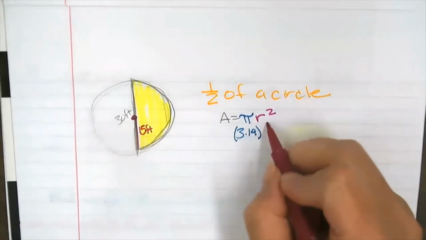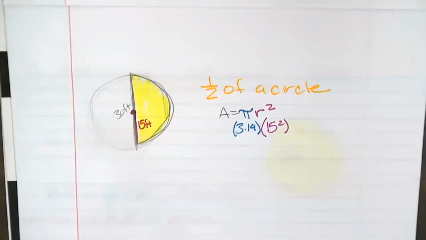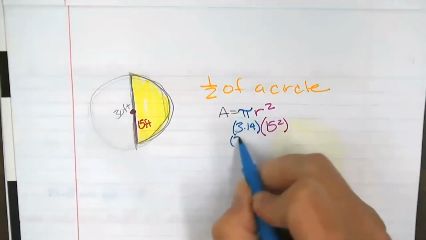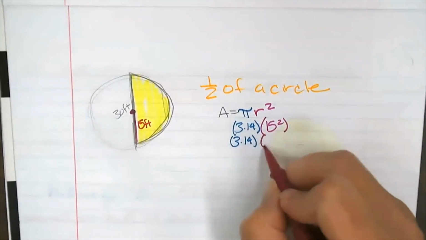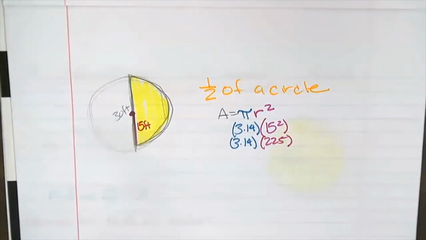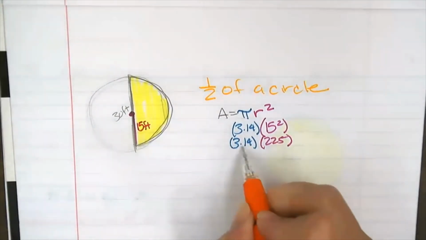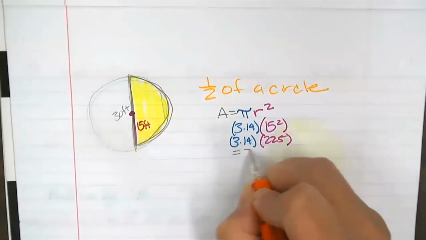My radius is 15, squared. So we have 3.14 times 225, since 15 times 15 is 225. And now I'm going to use my handy dandy calculator. I'm going to multiply 3.14 times 225. And that gives me